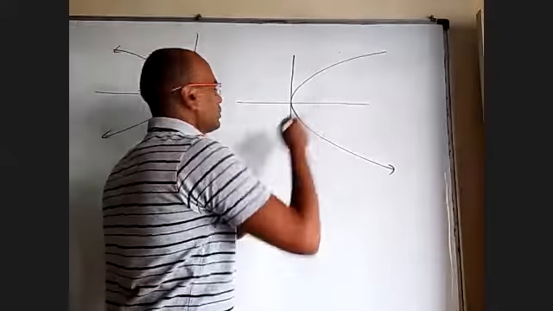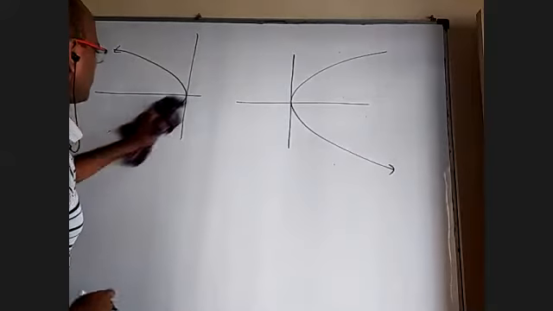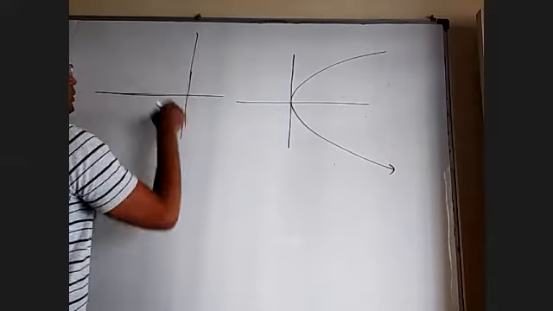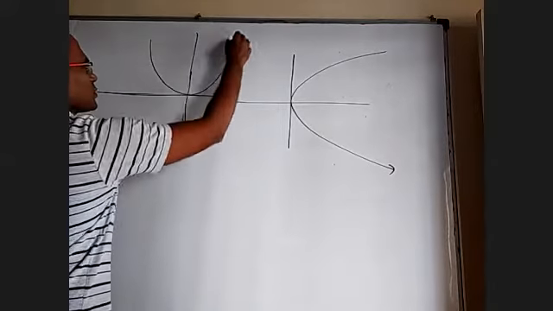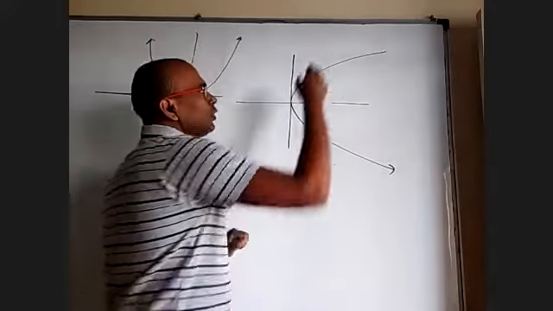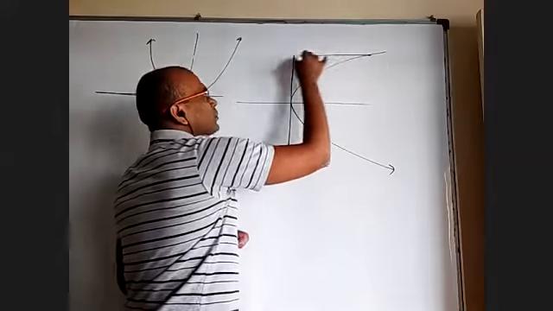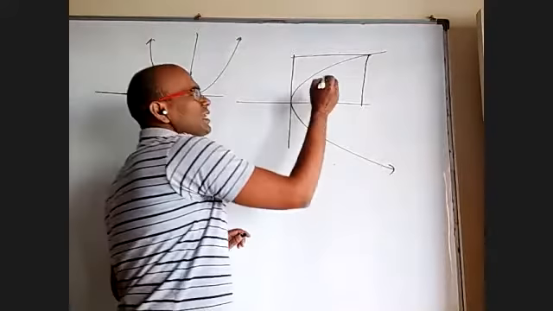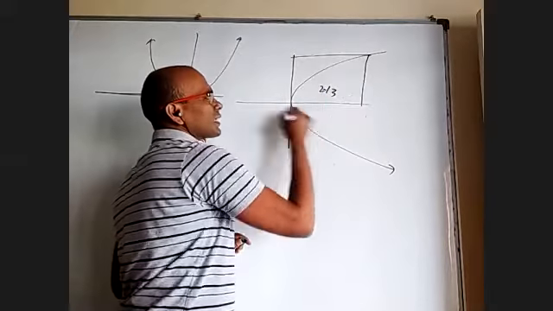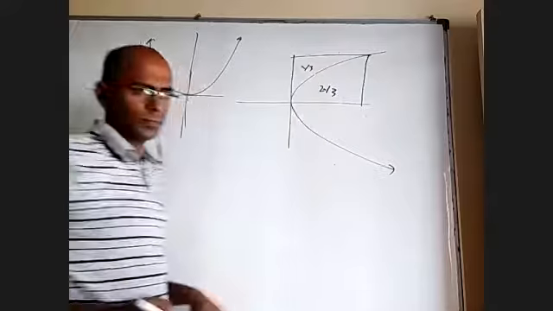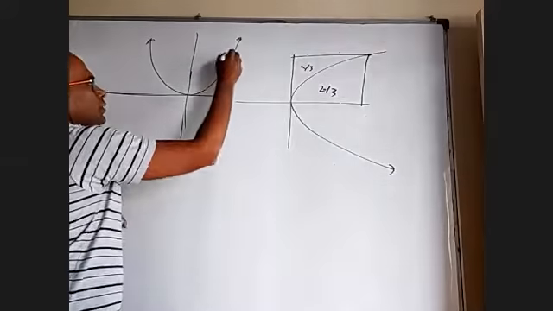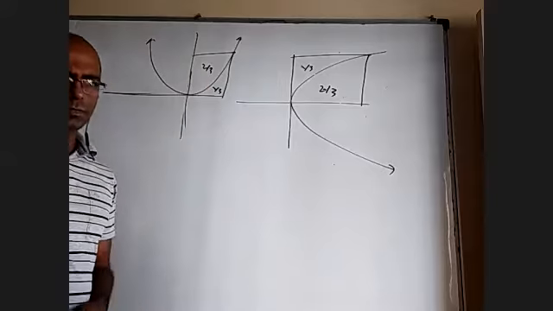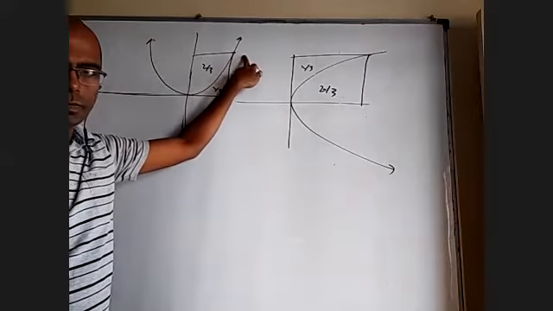Oh, sorry, I should not have done this. If I take the parabola like this, and you take any point on the parabola and draw lines like this, this area will always be 2/3 of this rectangle, and this area will be 1/3. And when I take a parabola like this, it will be 2/3 and this will be 1/3, because this is in the form of y equal to x square parabola.